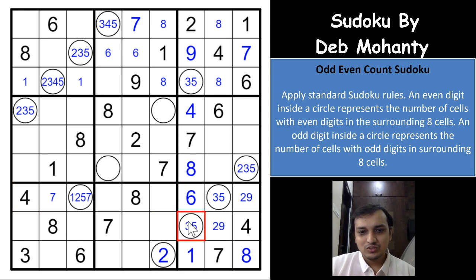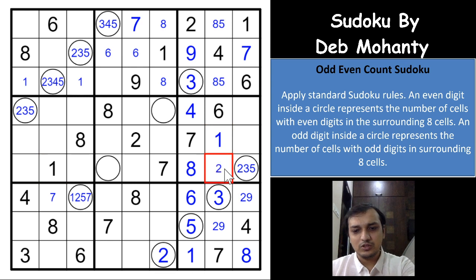Superb. So if you have a 3 here, 3 odd digits are already placed here, 1, 7 and one of the 3 and 5. So both of these will have to be even. And if you see 2, 8, 4 and 6, this cannot be even. This has to be odd. So you'll have 4 odd digits here, which means this has to be 5 and this has to be 3, which gives you a 3 here, and 8 and 5 pair locked in this column, which gives you a 2, 9, 1 remaining digits. 1 is already here, which gives 1 here. This has to be 2 and 9 pair locked.